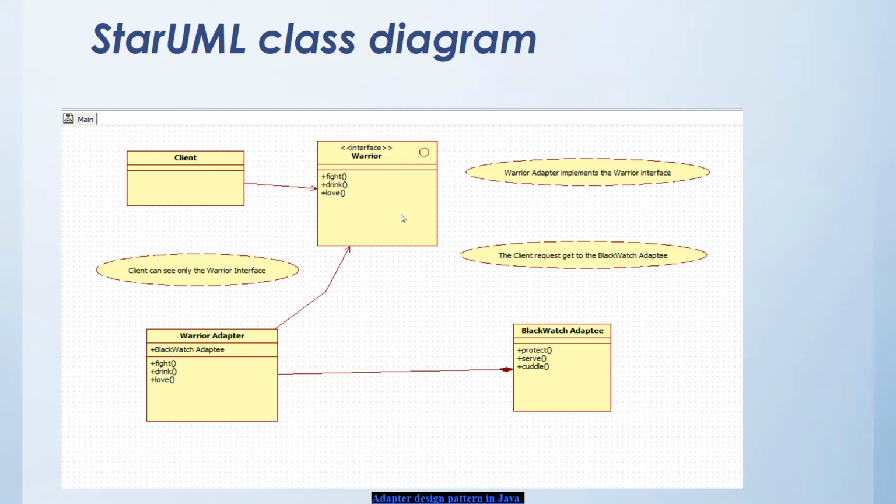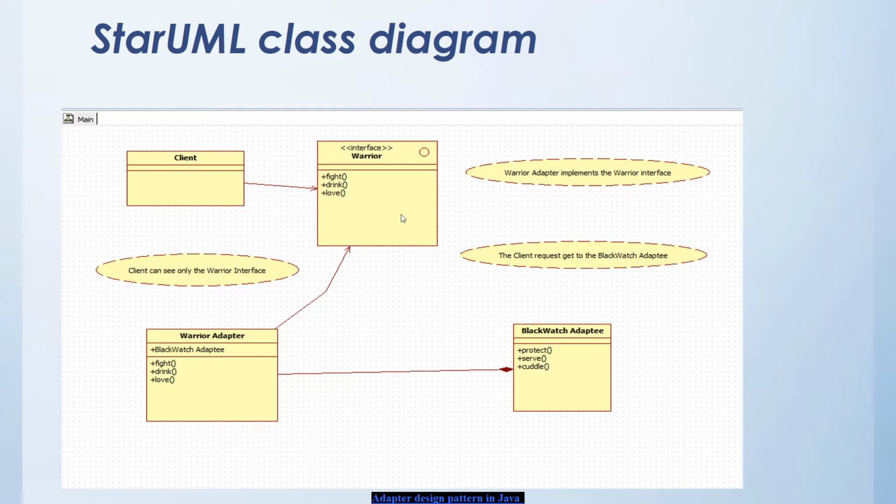And how does this work? Well, inside the warrior adapter we have a black watch adaptee instance, and this is called composition. So we can see that the methods of the warrior match exactly the methods inside the warrior adapter. So we have fight, drink and laugh. However, inside the warrior adapter, when we call fight, we are going to call the protect method,